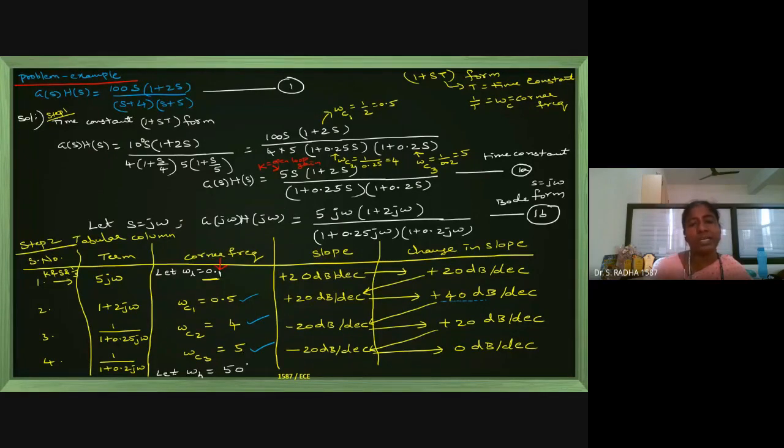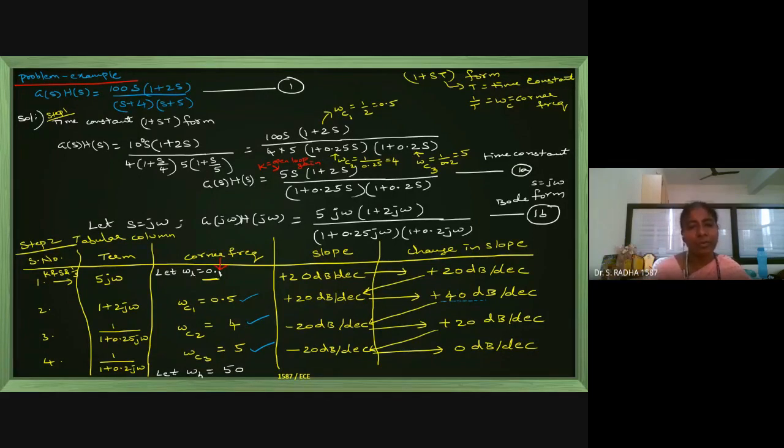Okay, divided by 10 into 10 is the general thing we will follow for a better graph. Based on the x-axis I have already decided, I am taking the lower corner frequency. Any value less than 0.5 is okay. The general rule is any value less than the least available corner frequency. And omega h is any value greater than the highest available, which is 5. So any value greater than 5 is okay. You can take 500, you can take just 6, 10, anything. But for a better graph, generally we will do divided by 10 into 10.